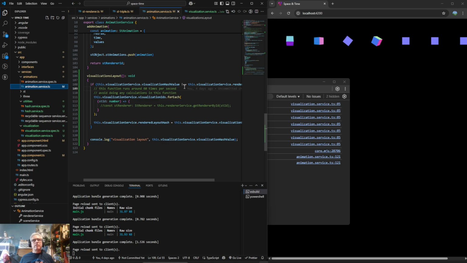So once we get to this visualization hash value is equal to rendered value, once we've done it, we want to... okay. We'll put an else here. So if it doesn't match,